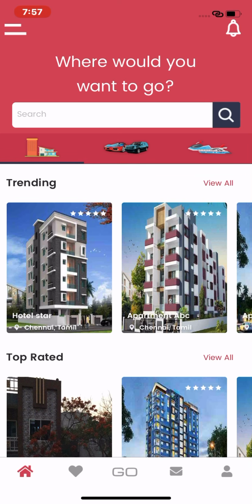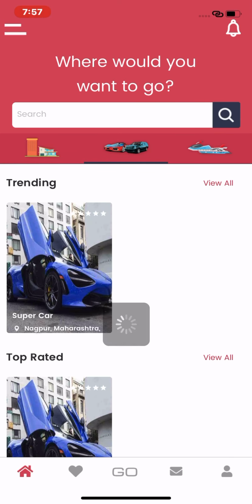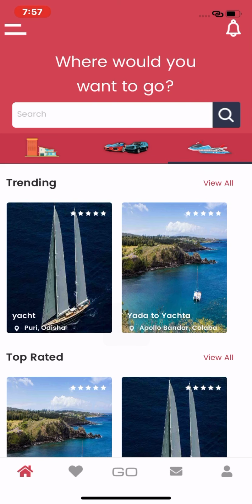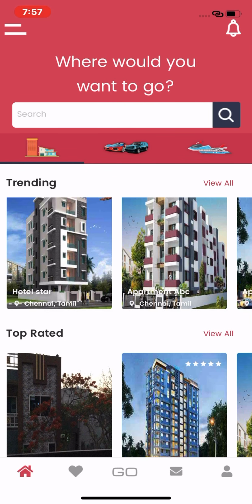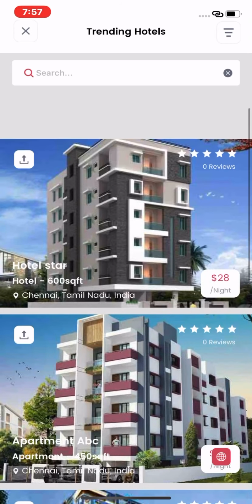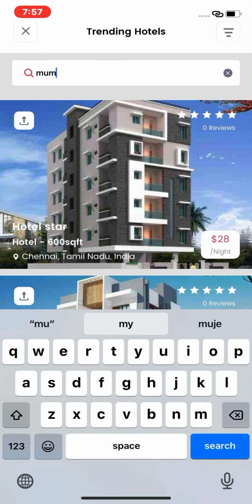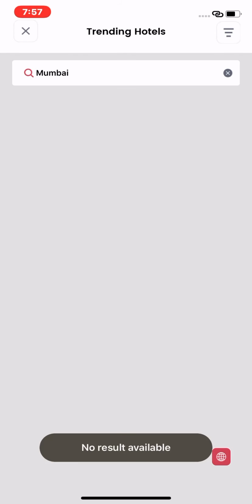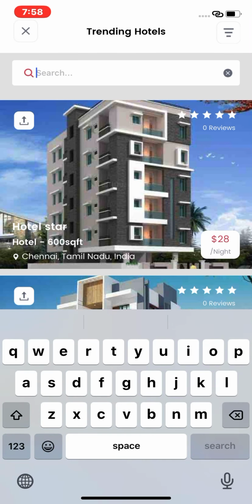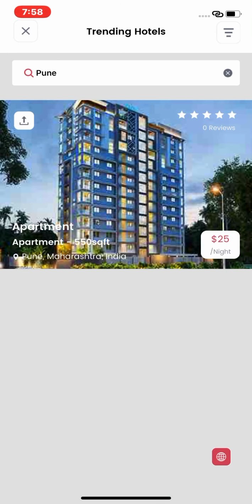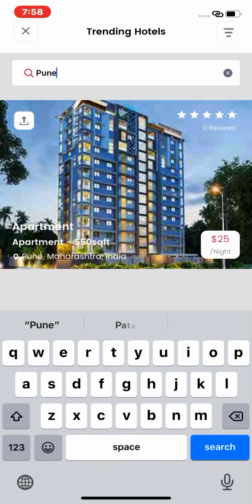You can see trending, top rated, same for car and same for yacht. So here view all, whenever you click on view all, you can see all the details. You can search here, like I want to search for Mumbai, if there would be any available. So there is no result based on Mumbai. If I search for Pune, here Pune, so you can search from here.